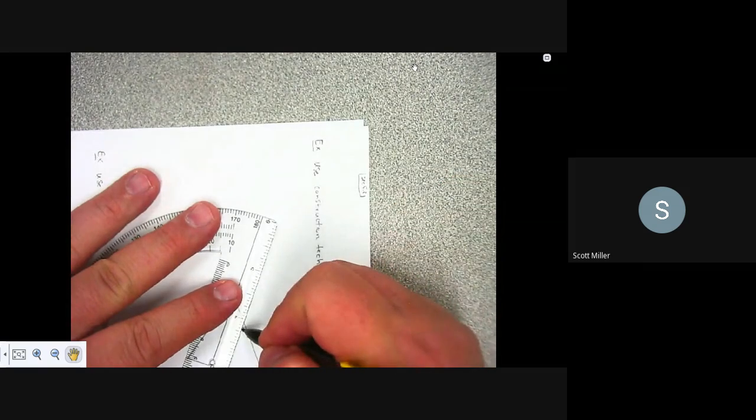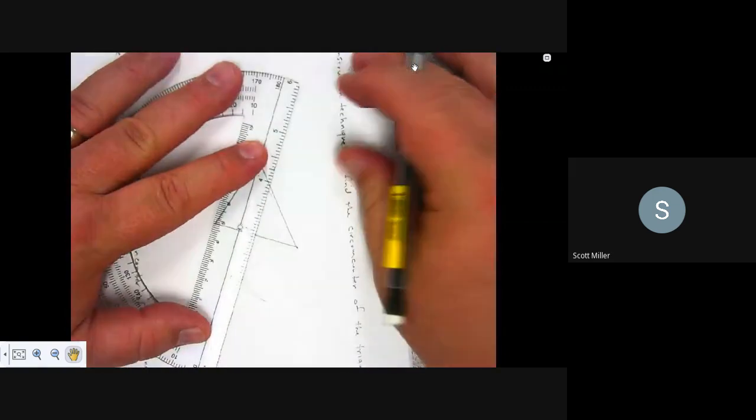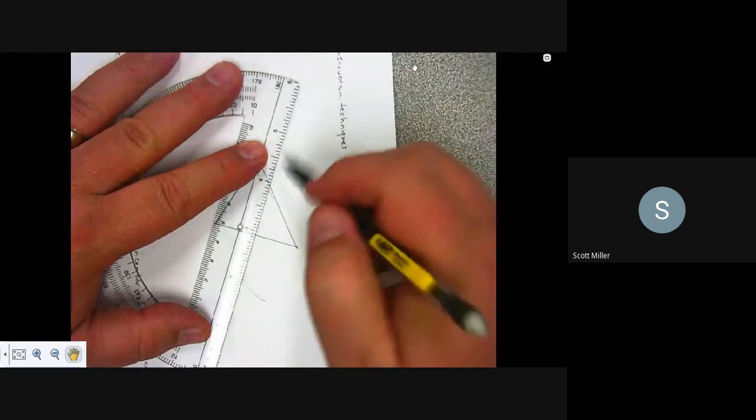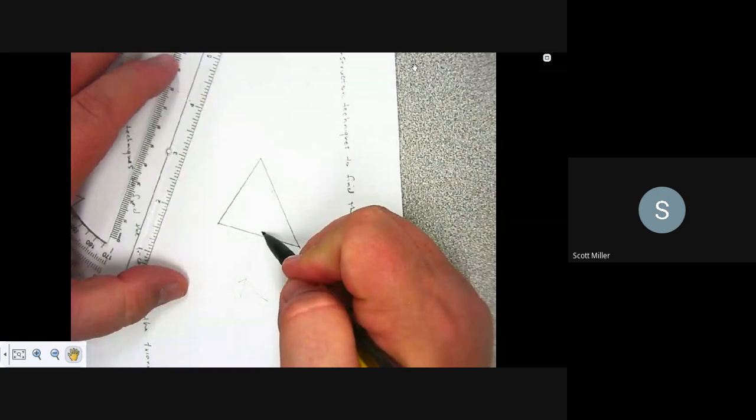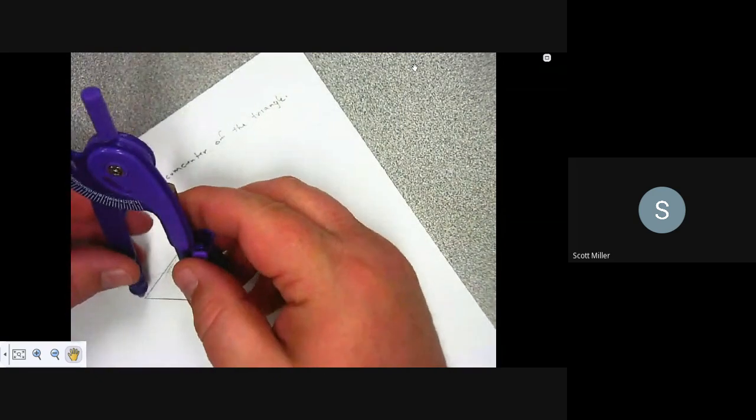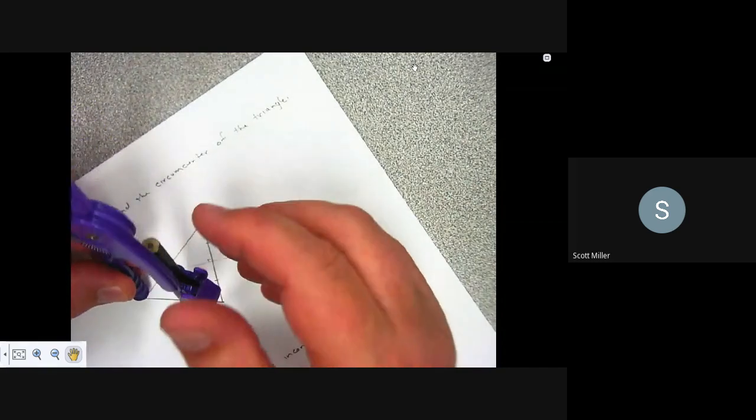You want to be as accurate as you can when you're doing this, otherwise the dot's not going to line up. All kinds of things can mess this up. So I'm going to draw it lightly because I may need to make some adjustments. But that segment right there is perpendicular and it bisected that side. We're just going to continue this for all three sides, and if everything goes well, they will intersect at a point,